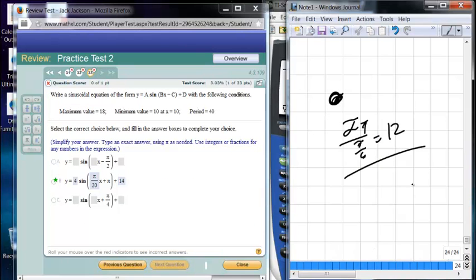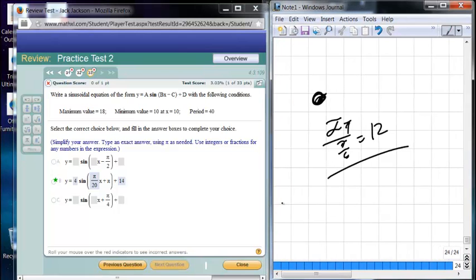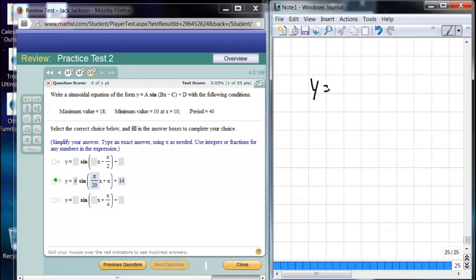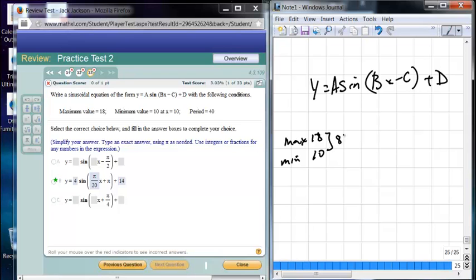One more. Okay. Given a, so we want it to be y equals a times sine of bx minus c plus d. And the max is 18 and the min is 10. So that's a total distance of 8. So the amplitude is,